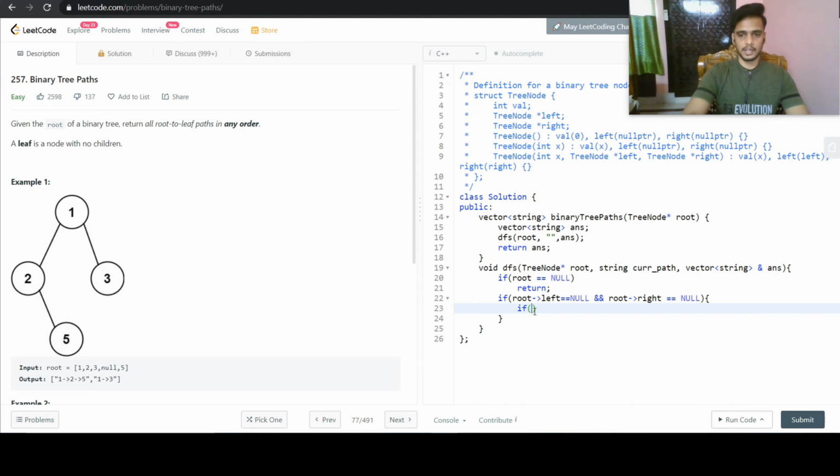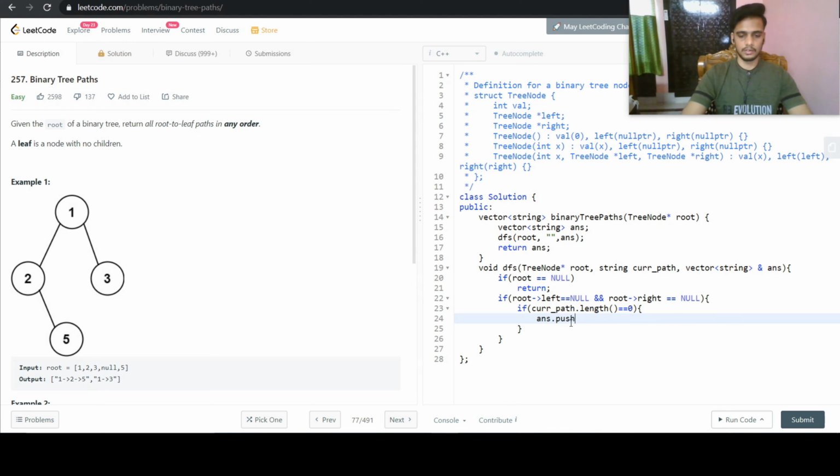So if our current path length is equals to 0, then we need to just put the root's value inside the current path, and we need to insert that current path into our answer vector.